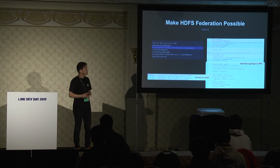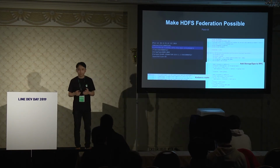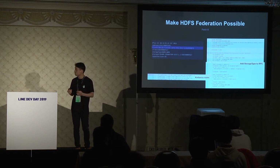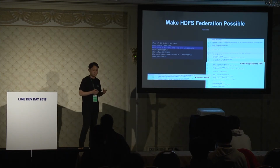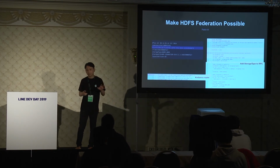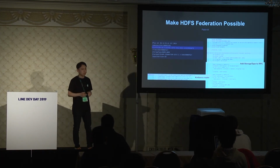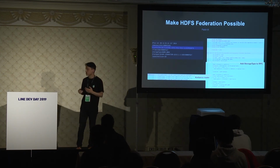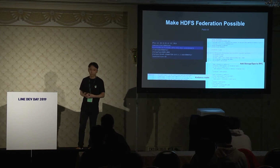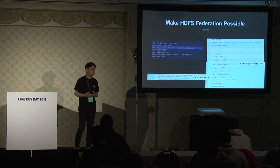And then we fix the RPC part. Here is the storage type in the block token identifier. Storage type is a feature introduced, I think, since 2.4, but there was no field in the block token identifier until 3.0. In our environment, the client will ask the name node of 2.7 for the block token identifier and pass it to the data node, which is 3.1. The data node will fail to deserialize the token, and the client won't get the block. Since we are not using storage type in our production environment, we can safely add a default field to the class and also implement the serialization and deserialization logic. After solving those three problems,